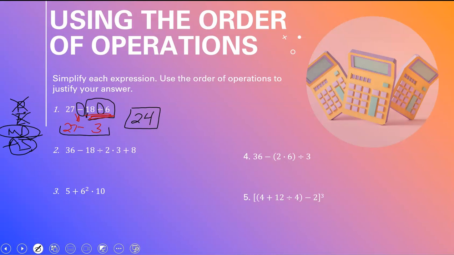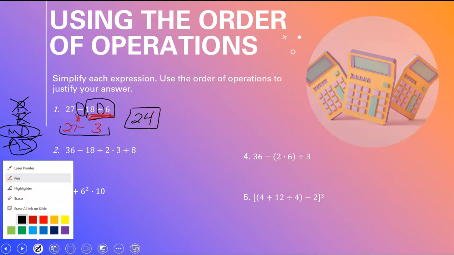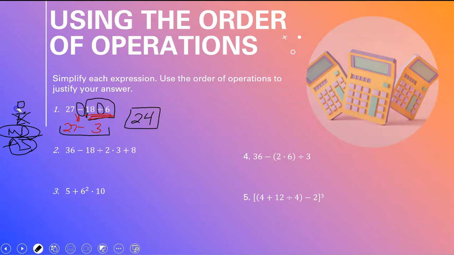In number 2, it's a little bit more complex. So let's just continue to use our order of operations, one thing at a time. We still have no parentheses, so we're going to go ahead and skip that step. We do not have any exponents, so we'll skip that. We do, however, see multiplication and division both present in this. The division and the multiplication are within those lines here that I drew. We're going to do this from left to right like we're reading a book. So we're literally starting with this 18. We're dividing by 2